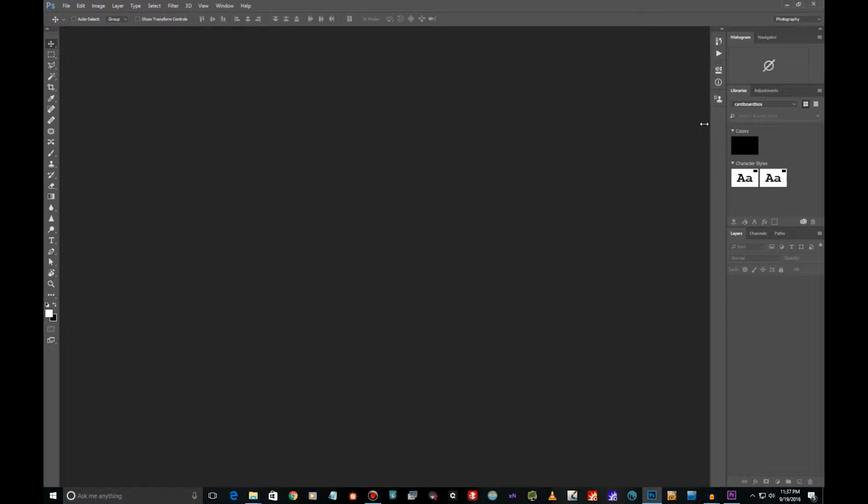Now, I don't really like this normal setup in Photoshop when you open it, and I find there's a lot of things here that I really don't use and they just take screen space, so I'd like to make my own settings, so I'd like to show you how I can do that.